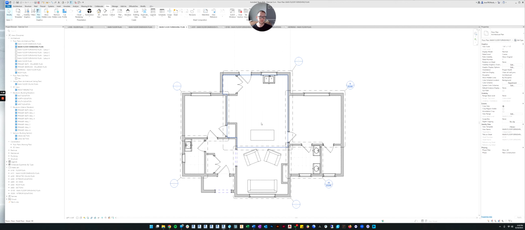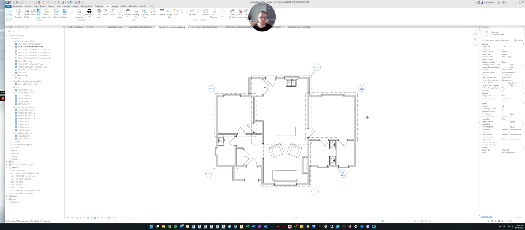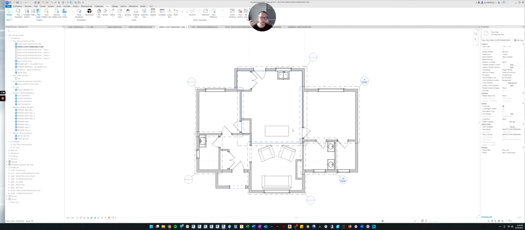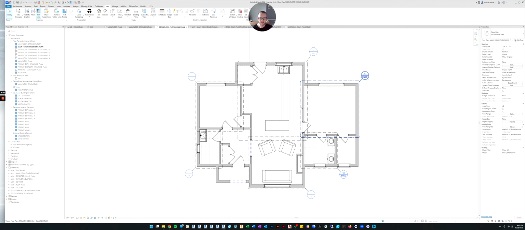Each company you work for will have a different standard. But if you're working for yourself, what you're really trying to do is communicate in this view the things that you're trying to communicate, and then the things that are distracting, either eliminate them or tone them down. It's a little bit of an art, but I want to show you how you can change how things look so that you can control the way you want it to look when you do your own plans. Okay, so that's the furnishings plan.